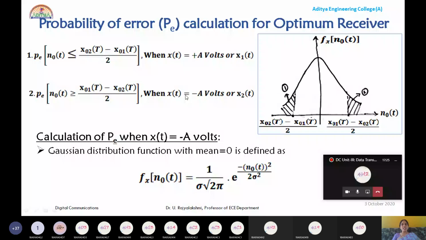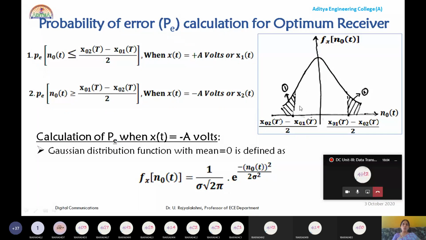And whenever input is at negative magnitude, here also you will get error. That noise we defined as probability of error: n naught of t greater than or equal to x naught 1 of t minus x naught 2 of t divided by 2. So these are the two threshold values. This second kind of noise exists whenever x of t is at negative magnitude. Please always keep in mind that whenever the noise crosses these two boundaries, wherever the noise is within the limit,